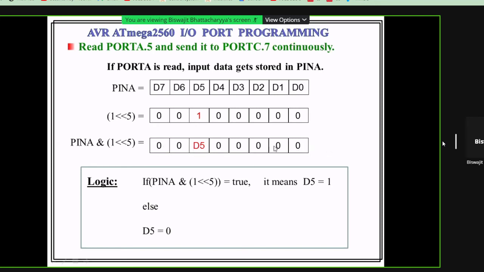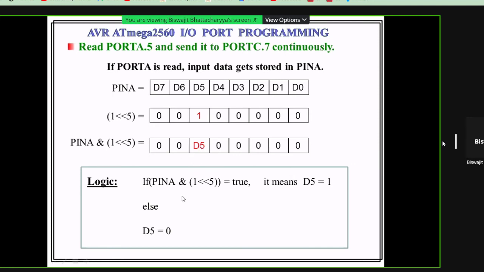all zeros. So if PIN A and 1 left shift 5 equal to true. True means non-zero. False means always 0 and true means non-zero. So if the result is true, it means that the D5 bit is 1.